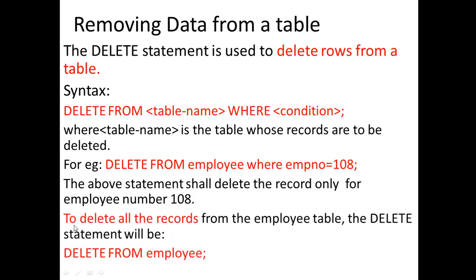The second way is if you want to delete all the records from the table at once. You want to delete all the records from the employee table, then it will be written as delete from employee. So this is the way to delete all the contents, all the records, all the rows from the employee table. Nothing you need to mention. Simply what you need to mention, delete from employee. But if any specific record you want to delete, then you have to put the condition with the where clause. So this we will see in practical how it will be done.